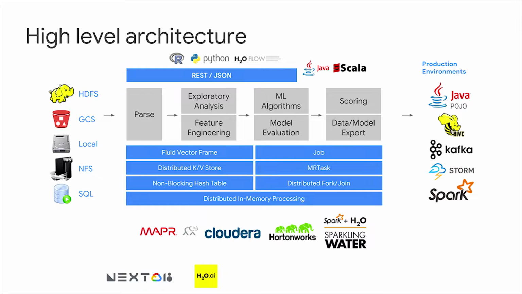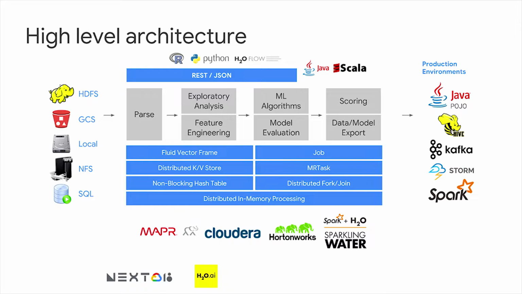So from an architecture perspective, this is how it looks. What happens under the hood is you have, on the left, all the data sources. Obviously, we support most common enterprise data sources, pull in data from wherever you have. Once the data is in H2O, the H2O data frame, essentially, it's a distributed key value store that distributes the whole data across all the nodes you have up and running. And this is all abstracted away for the end user. The end user doesn't need to know how the distribution is happening. And then you can do exploratory analysis, some feature engineering. You can run one of the different algorithms we support, go through hyperparameter tuning, do the evaluation scoring, and all of these steps you do in H2O are all fully distributed for you under the hood.